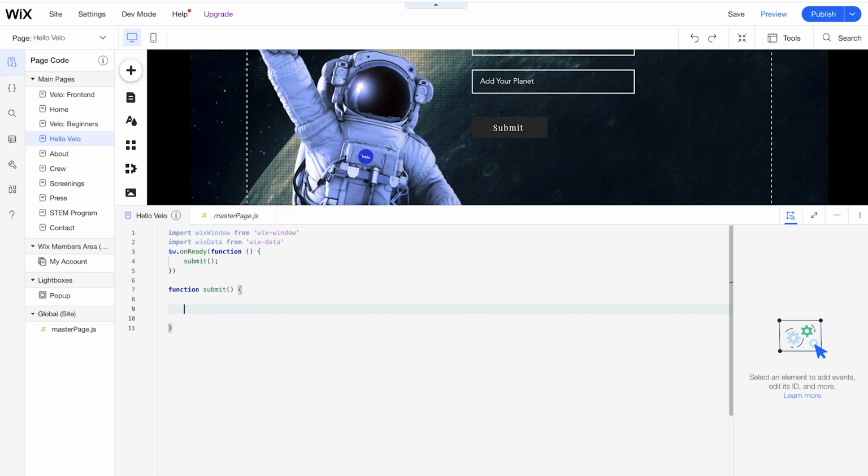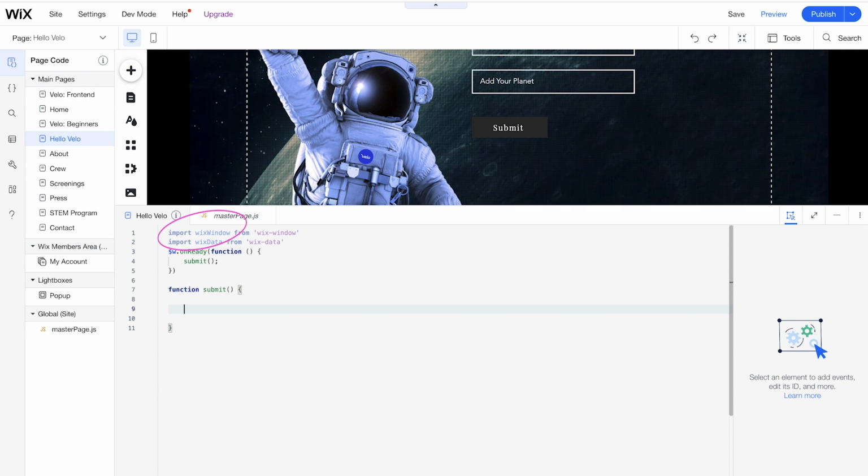So we might not have DOM access, but there's plenty of front-end APIs that you can use, and you can manipulate a lot of things that are happening on your page, right? So we already have a lot of these things built in, and I'm gonna show you how to work with Wix Window in this lesson. So I already have Wix Window imported at the top of my code already.